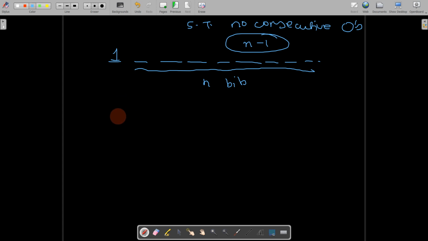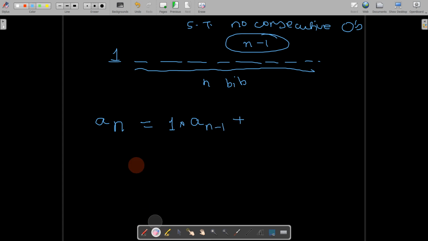That is one way. That is, the number of n bit strings is equal to append one way times the number of ways you can form strings with no consecutive zeros using n minus 1 bits, plus